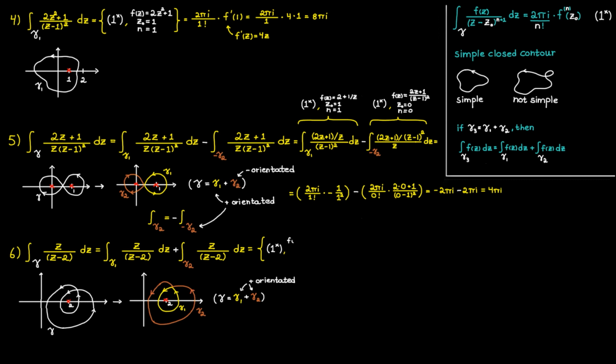So by letting the function f be equal to c, and the singularity is at 2, so c0 is going to be equal to 2, and then we have that n is going to be equal to 0, we get the following for our first integral. And here I would like you to notice that f of 2 is simply going to be equal to 2, so we'll get the following. And now we can add the second integral, which is simply going to be the same. And by simplifying this a bit, we get 4 pi I plus 4 pi I, which is going to be equal to the following. And that was everything for this time.